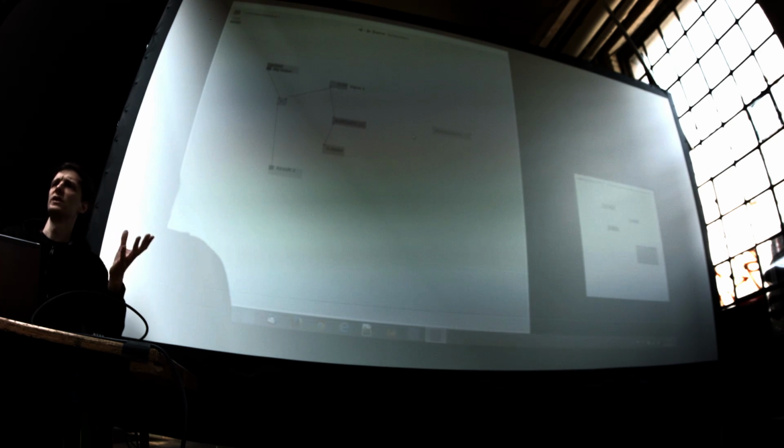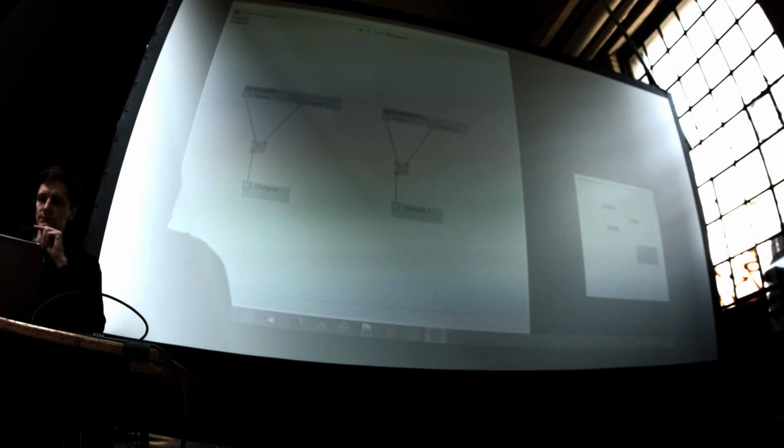Okay, any questions to the utility patches? There is not much more to say. Utilities, simple stuff. Now we go back to the utility patch,